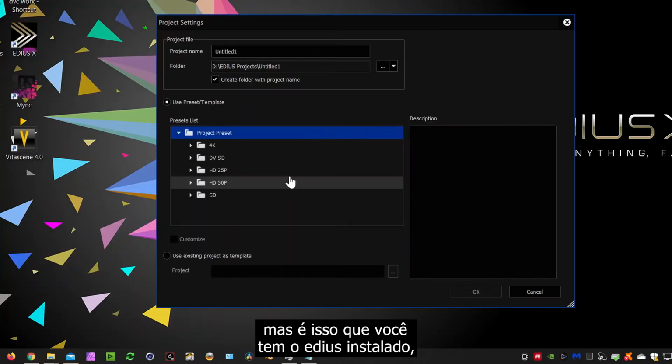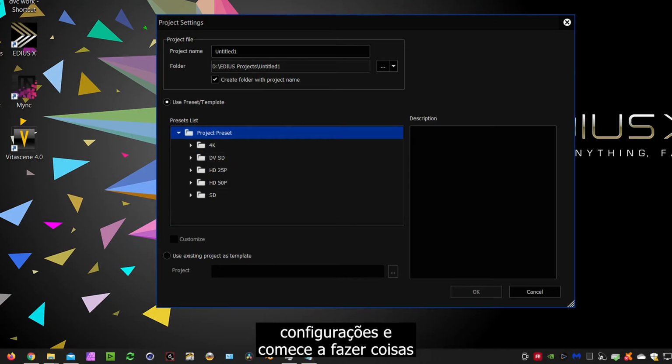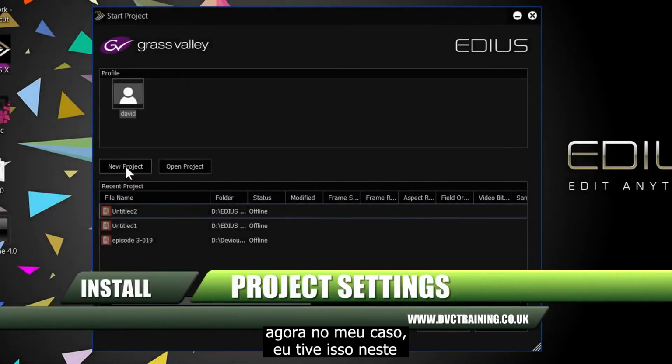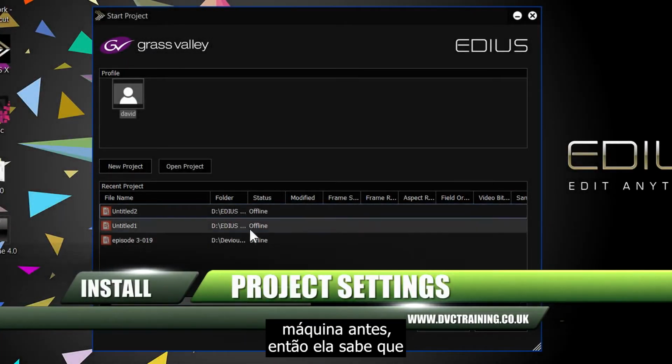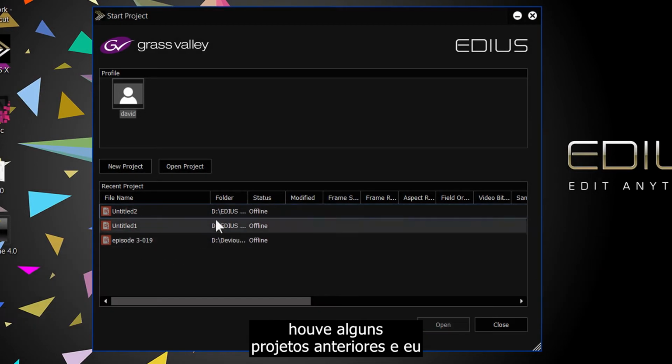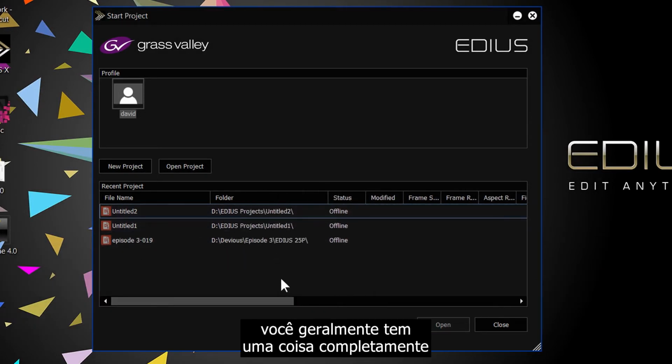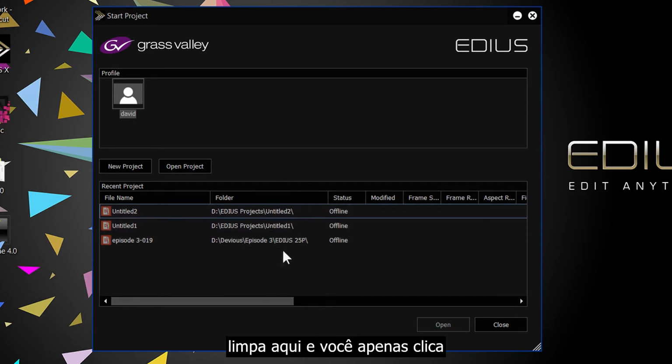But that's it. You've got EDIUS installed, you've got all the extras installed, it's activated. Now all you've got to do is put in some settings and start doing stuff. Now in my case I have had EDIUS on this machine before, so it does know that there were some previous projects and I was just reinstalling it as part of this tutorial. You generally have a completely clean thing here and you just click New